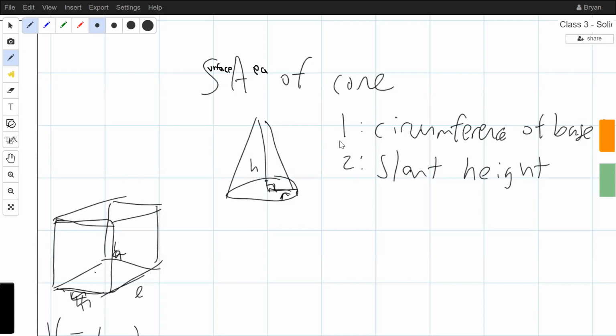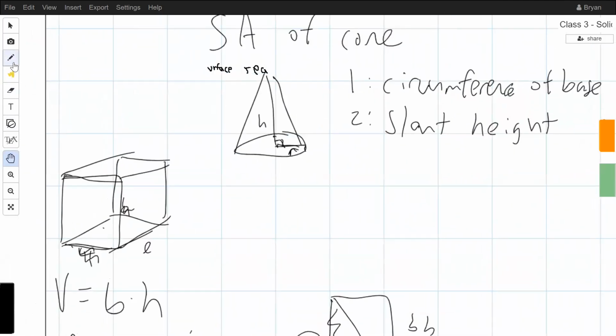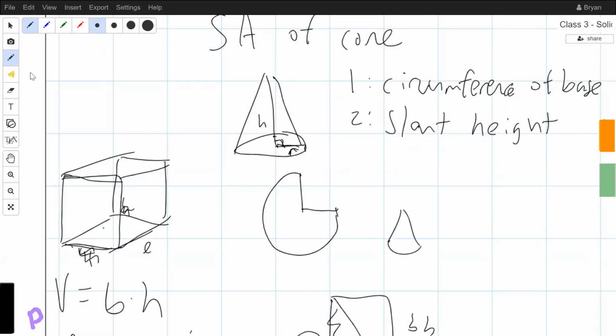Now here is where one of the imaginative concepts of these solids comes in, where I claim that you can make a cone by taking any kind of sector of a circle. For example, it can look like this, or it can look like this. It doesn't really matter. And you just connect these two edges. I can't demonstrate, but you can try this on your own. Just cut out a circle and then cut out a sector of it. When you tape together these two edges, you'll make a cone that looks like this, where